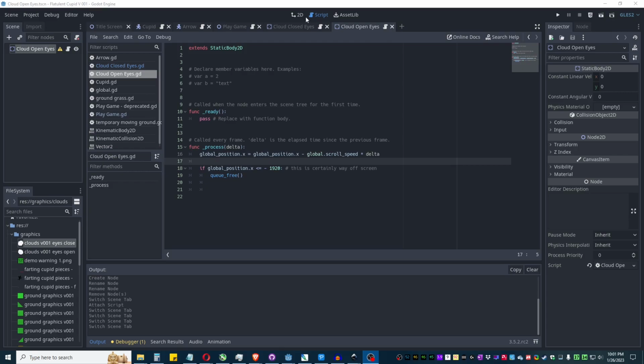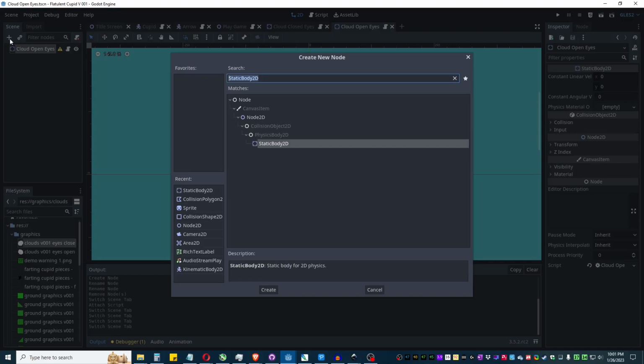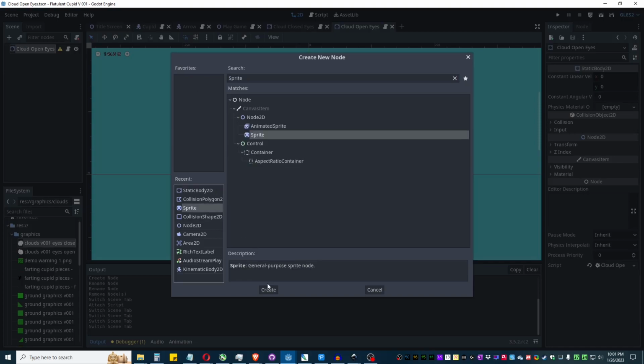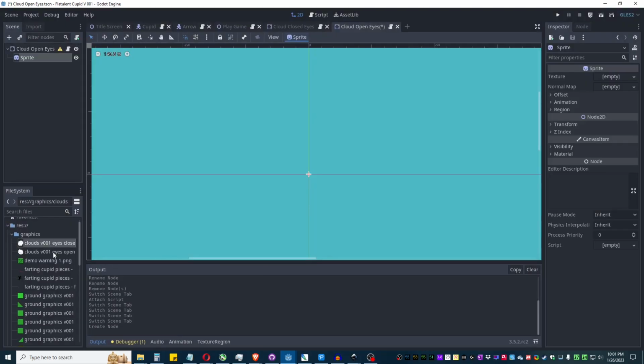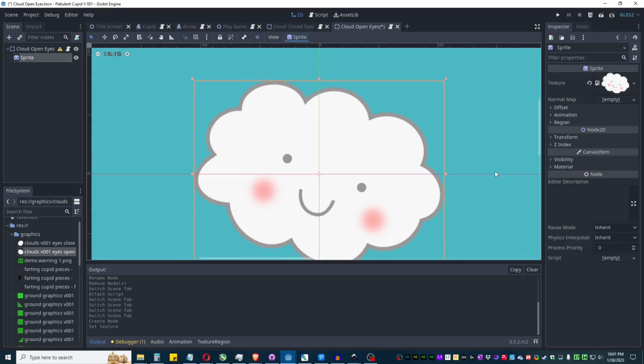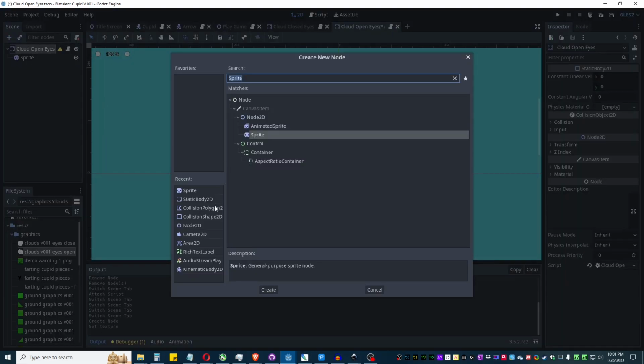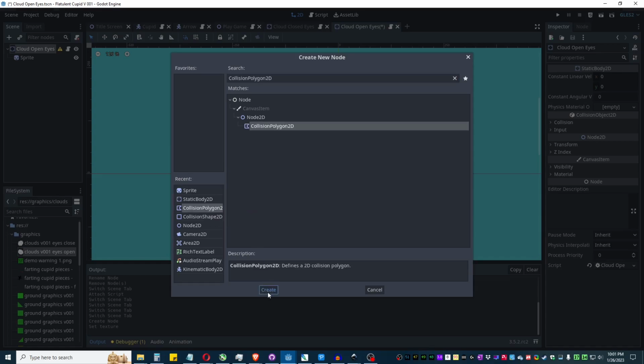So let's look at the actual thing. We've got it there. Cloud Open Eyes. So we're going to add a sprite, and we're going to just drag the eyes open. Boom. And then we are going to add a collision polygon,